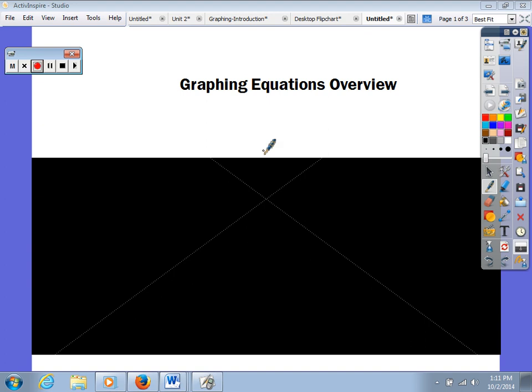Hello guys, we're going to go ahead and talk about graphing equations, and this is just an overview. It's going to be a pretty quick overview because this is all of the same standards as 8th grade with Common Core. So this is just really brief. What took us 8 weeks in 8th grade to do, it's only going to take us about 2 days in